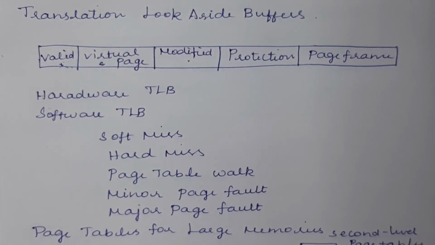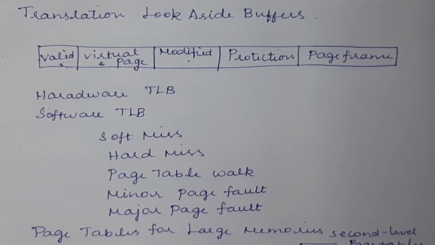Let us see what these misses are. A soft miss is when the referring page is not available in TLB but it is available in main memory. Suppose the page is not available in main memory itself; we need some external device in order to get that particular page, which is the hard disk or any other secondary device. We need to transfer it from that disk to the main memory, and again transfer it to the TLB. This is a hard miss.